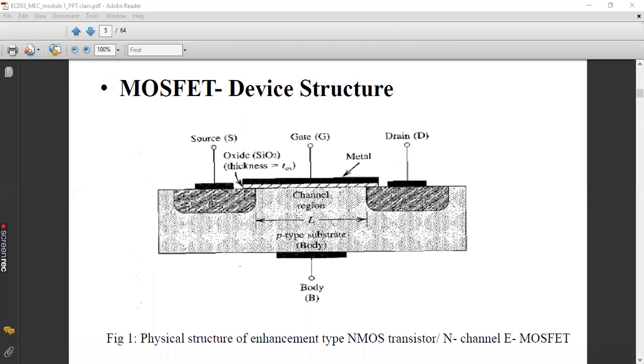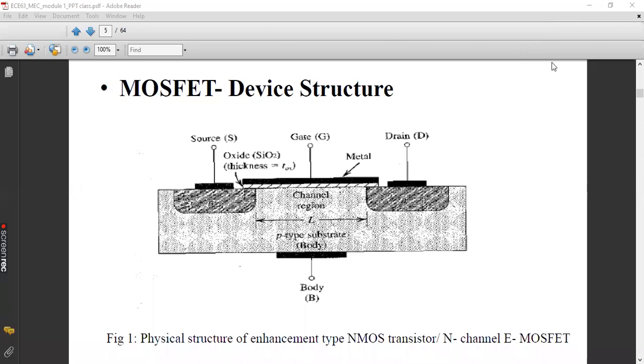Now, here it is shown like a channel region. Actually, the channel cannot be induced unless we give some voltage across drain and source, as well as to the gate. As soon as you just take the source, gate and drain terminals, you cannot expect that the channel will be there. The channel will be N-type in nature. That is why this is called an N MOSFET. Even though the substrate is P-type, your channel will be N-type. That N-type channel will get induced only after applying suitable voltages at gate, source, and drain. That is why it is called an induced channel.